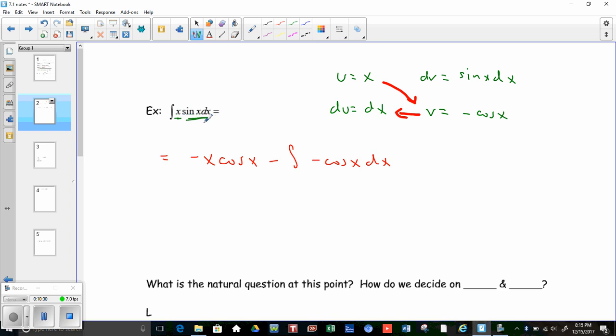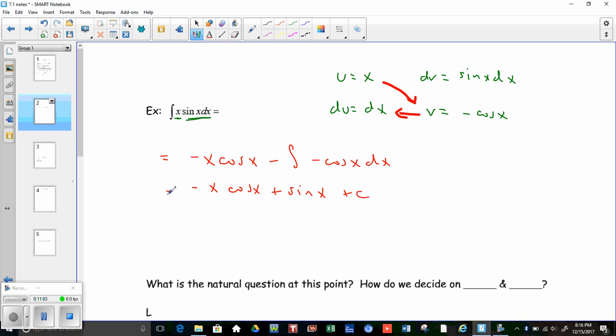Okay, so far that's what this thing equals. Well, I still have an integral here that I have to evaluate, but I've gotten it to a point now where I can actually take the antiderivative and use the fundamental theorem here to evaluate this integral. So I've got negative x cosine x, that doesn't change. This is going to become, let's see, the antiderivative of negative cosine is negative sine, but that negative out here is going to make that positive, so we get plus sine of x, and then of course a plus c